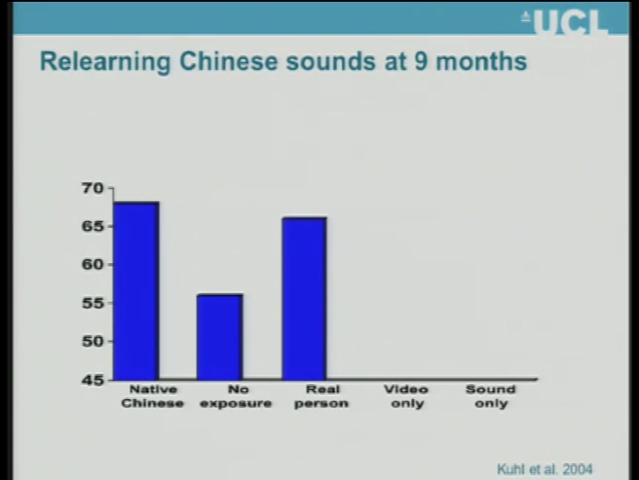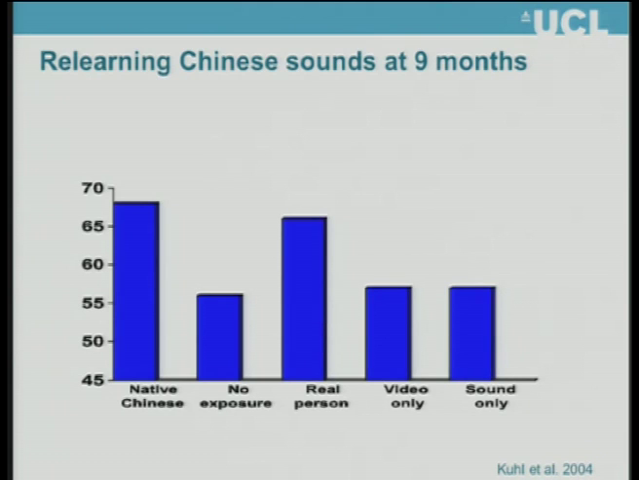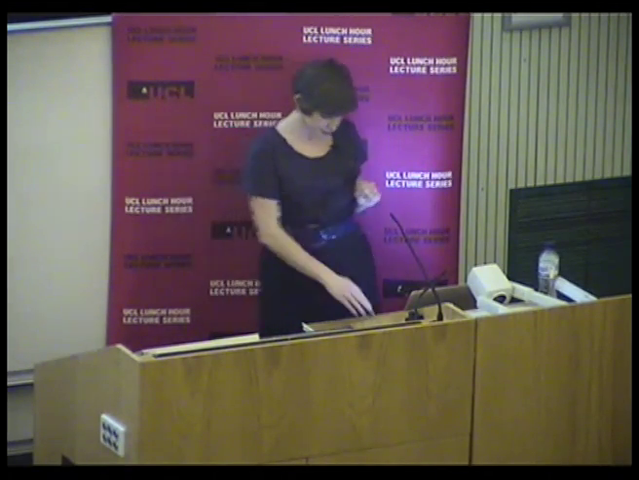However, another interesting finding from this study was that being exposed to a video and being exposed to the sounds of the Mandarin language made no difference at all. There was no relearning in those 2 groups at all. So this study shows that firstly, relearning is possible after this 9-month kind of critical period is over. But it also shows that social interaction with a real live person seems to be a critical and constraining factor